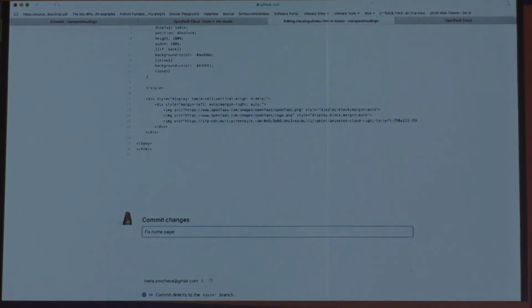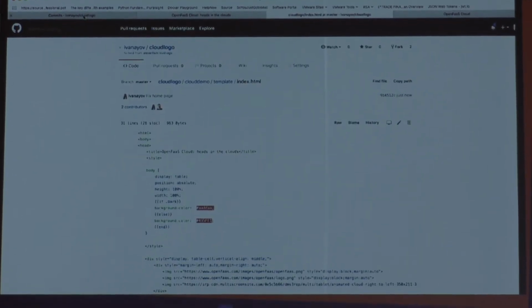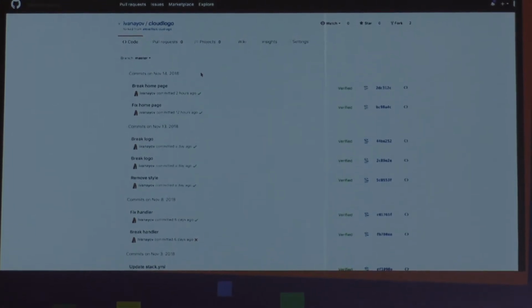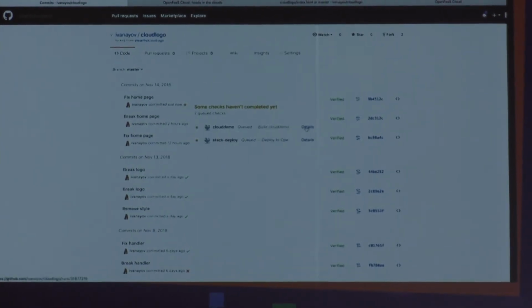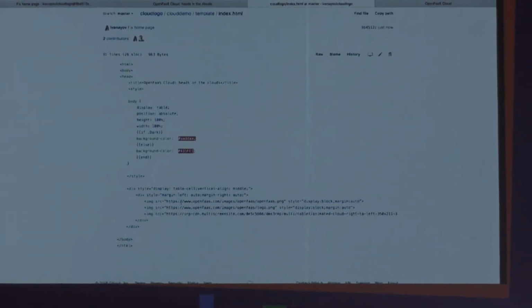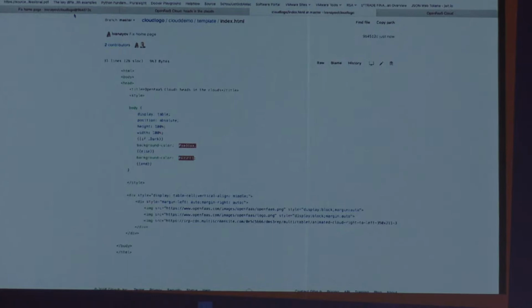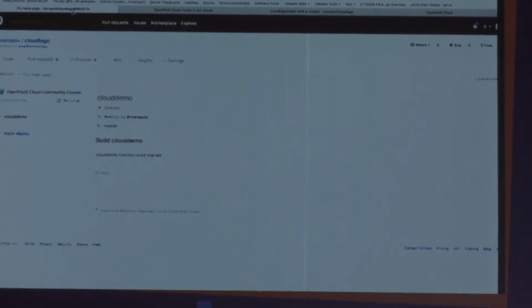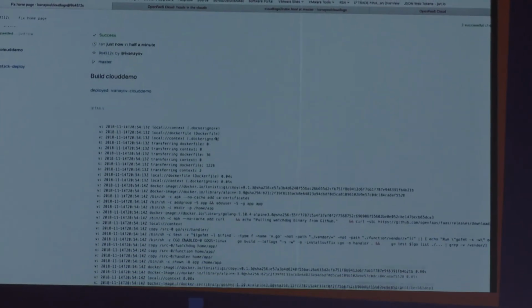Here, I'm just writing a commit message. And after that, I can check in commits. There is a status for that commit, showing that the build is proceeding. Then I can go and see what's happening. What I actually did was comment out a few lines of code just to make the home page look bad. And here we're waiting for the build to be done, the images to be pushed, and then it's deployed again. You can see the logs of the function build.